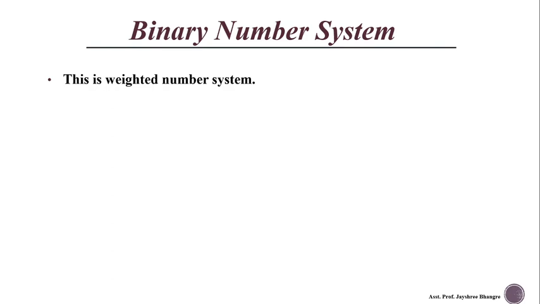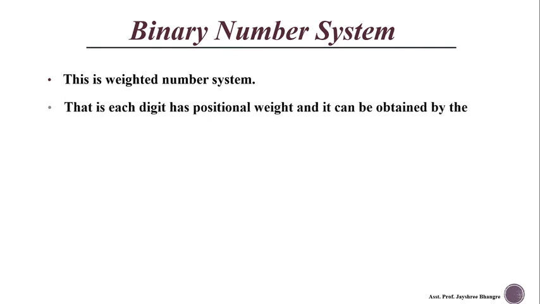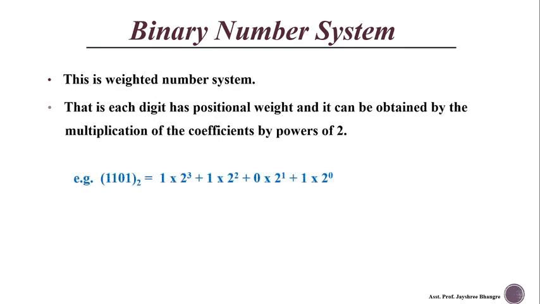That means whatever digits or bits are present in this binary number, they have their positional weight. So what is positional weight? Each digit has a positional weight and it can be obtained by the multiplication of the coefficient by powers of 2. As the base of this number system is 2, all the coefficients are multiplied with the powers of 2. So here is the example,